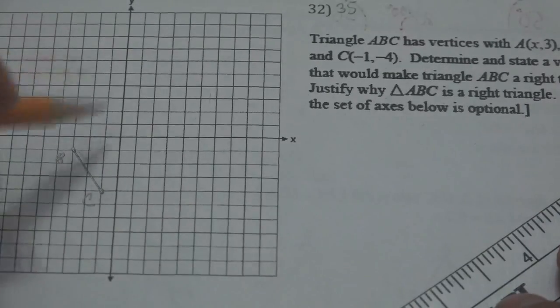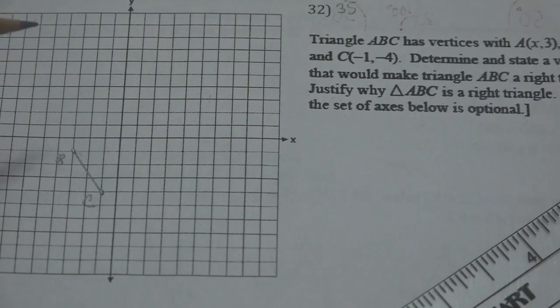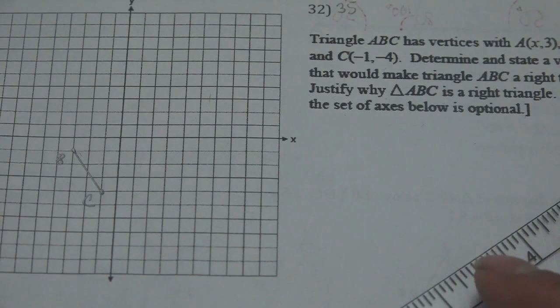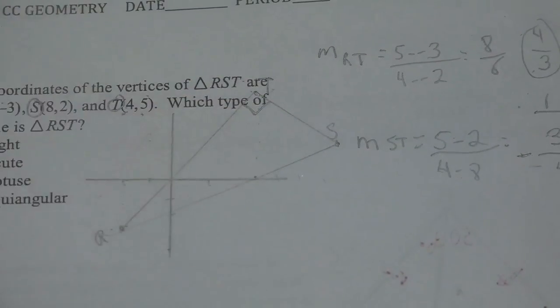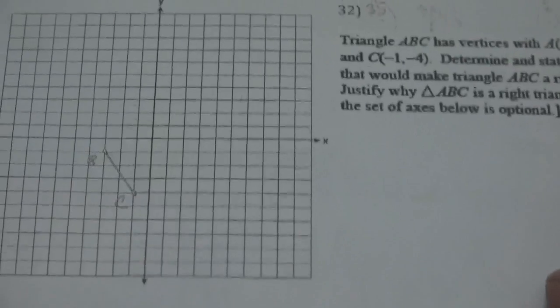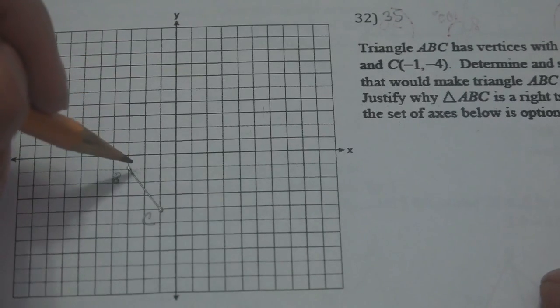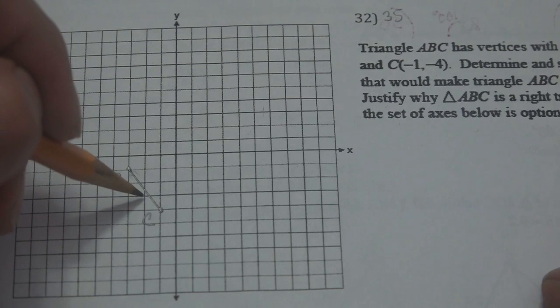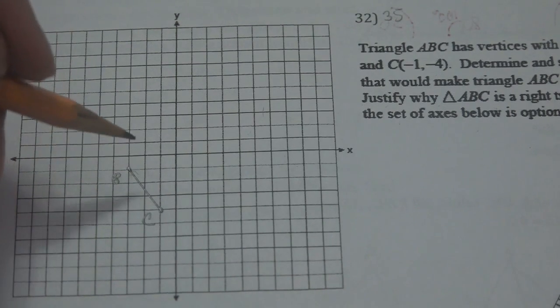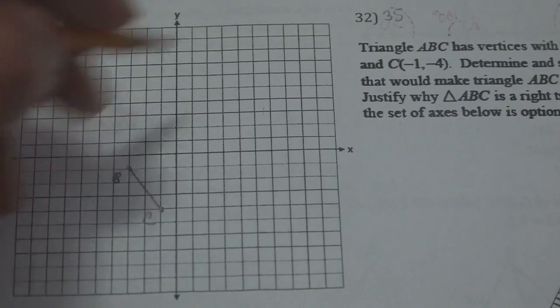Well, a right triangle has a 90-degree angle. And because it has a 90-degree angle, that means that two lines have to be perpendicular to each other, just like we saw over here. Right angle means that they're perpendicular. Therefore, if I can figure out the slope of this segment, I could use that to create the perpendicular slope. So let's see. The slope of BC